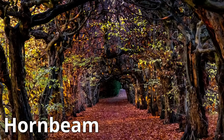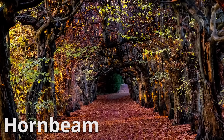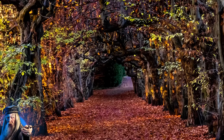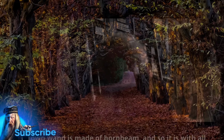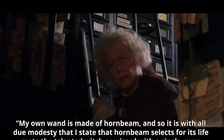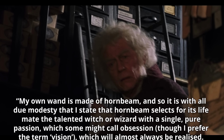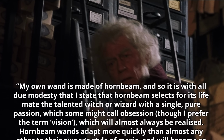Hornbeam. Hornbeams are hardwood trees in the flowering plant genus Carpinus in the birch family. The 30 to 40 species can be found across much of the temperate regions of the northern hemisphere. Ollivander, who has a hornbeam wand himself, had this to say: My own wand is made of hornbeam, and so it is with all due modesty that I state that hornbeam selects for its life mate the talented witch or wizard with a single, pure passion, which some might call obsession, though I prefer the term vision, which will almost